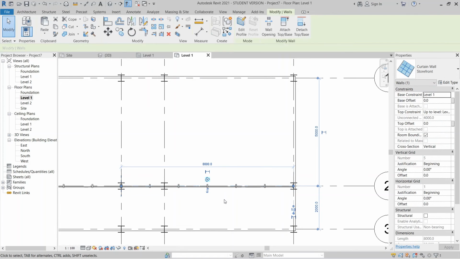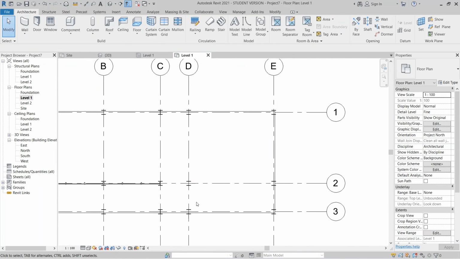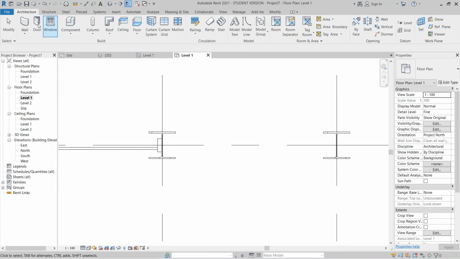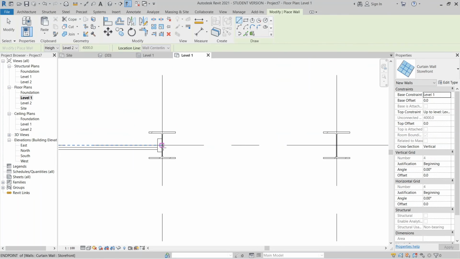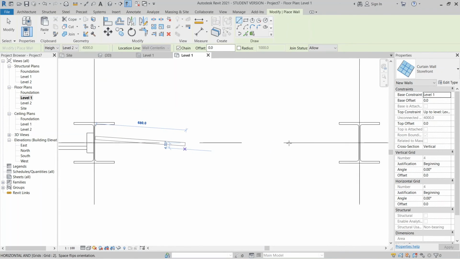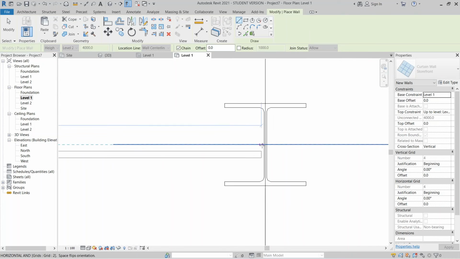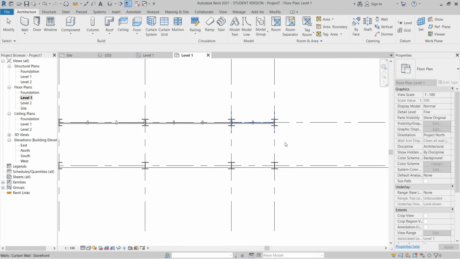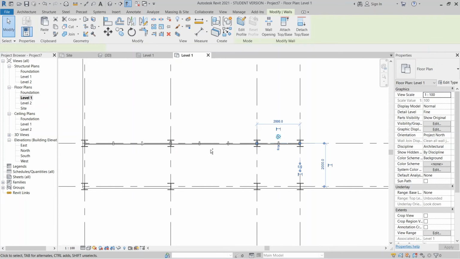Okay, this one actually I don't want. BM again. Sorry, not BM. Go to WA for wall. Start from here to here. Hit escape. And this one just like the whole system like this one.